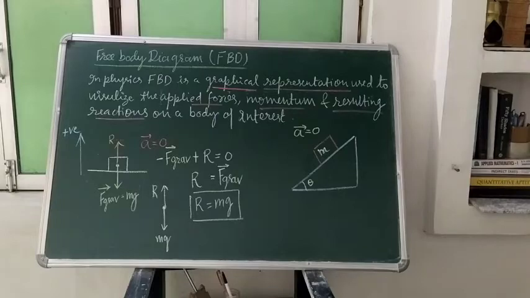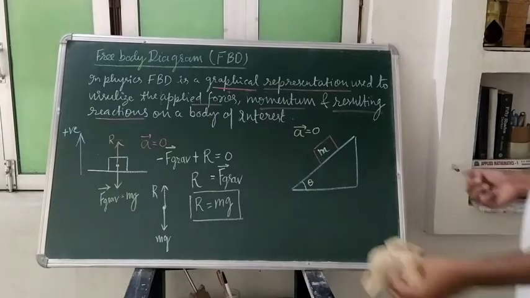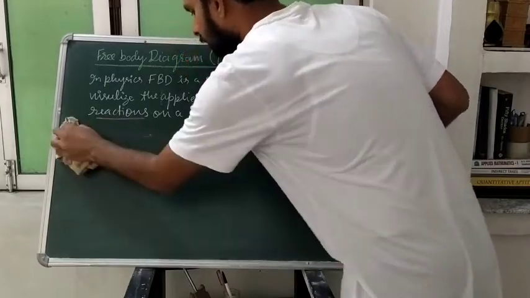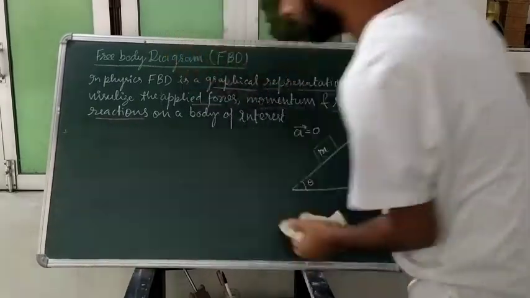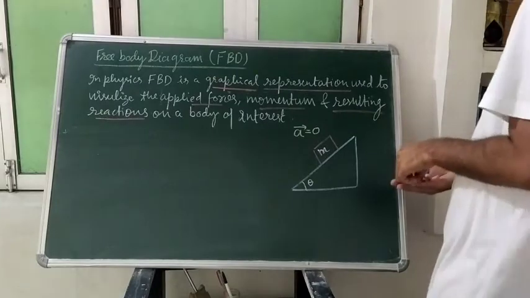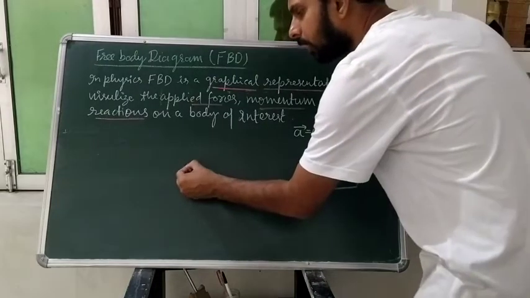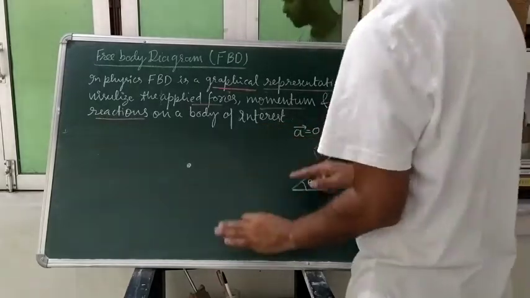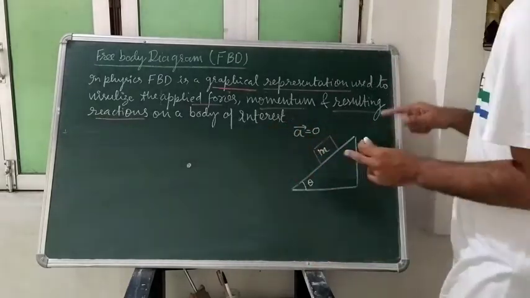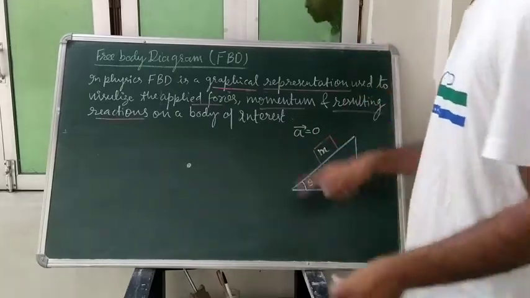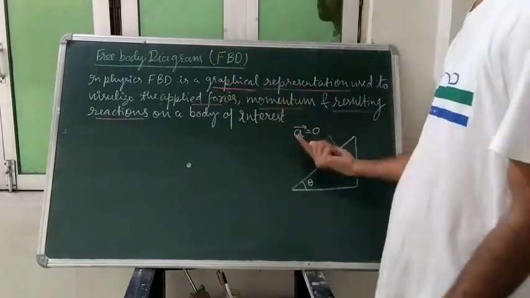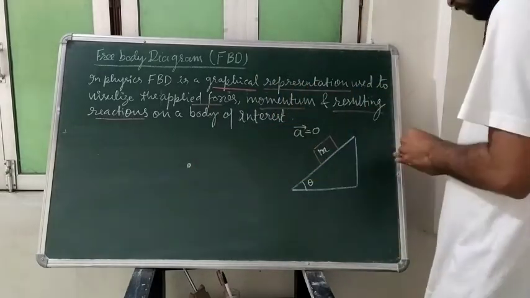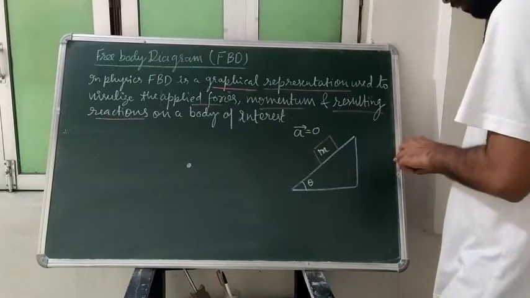I am going to rub that side. So your object of interest will become this mass, and you will choose this mass and draw the FBD diagram. That object you can represent by a dot, or you can represent by a block as well. But for the time being, if anyone says to draw the FBD diagram, our object of interest will be a dot in that case.